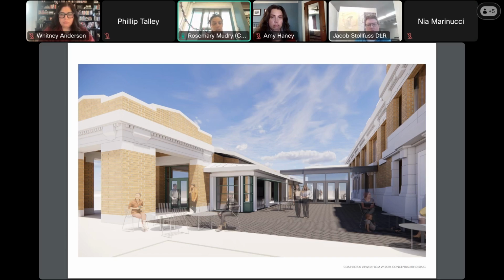There's a delicate balance between engaging with the community, but also making sure that the market is accessible and serving visitors. The connector, I think, is an important piece of creating that accessibility for people, and a huge reason why we're putting it in.